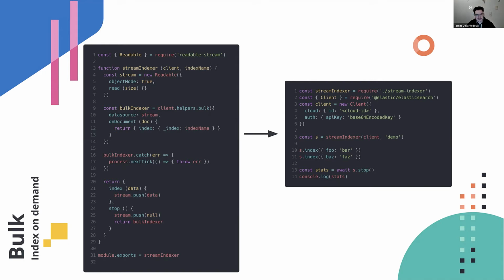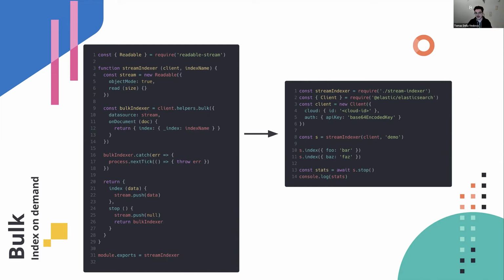Let's call it stream indexer, which takes the client and the index name where you want to add all the data. Inside of it, you should create a readable stream, which is what the bulk helper needs for indexing the data, with object mode true. Then create a new instance of the bulk helper, pass it the data source, configure the on document callback,